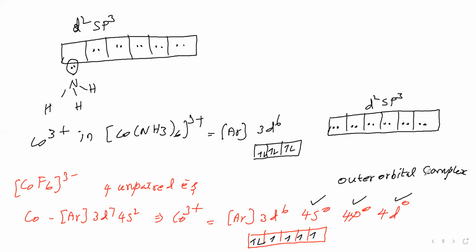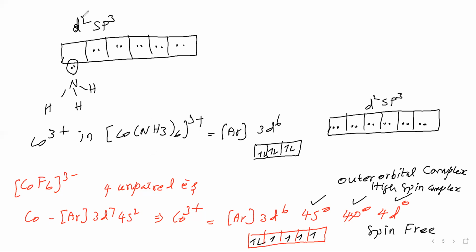In this, we are filling electrons in 3d by obeying Hund's rule, that is Hund's rule of maximum multiplicity. That means the total spin will be high. So it is called a high spin complex. Here we are not forcing the electrons to pair up. Therefore it is a spin free complex. So it is an outer orbital complex we can say.